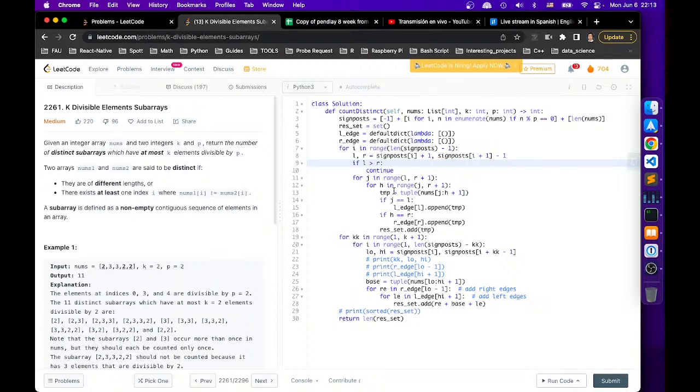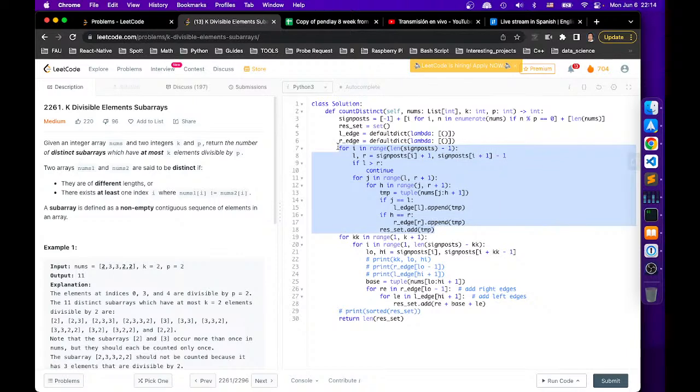subarrays in this island. And then we say if the left boundary of the subarray is at the L, we record it on the L edge. If the right, then we record on the right edge. So this is kind of like a dynamic program. We're building up this library, so in the future, when we are building other solutions, we can use these that have already been built. So this is basically just handling all the